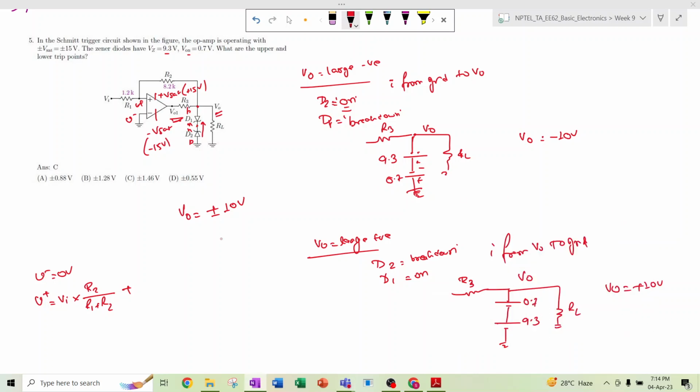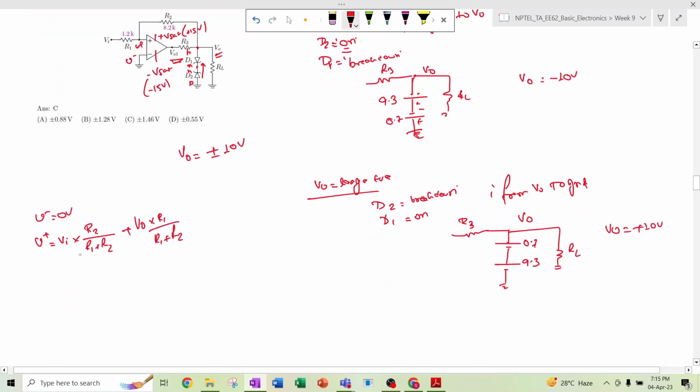So at first we are considering this VO to be ground and Vi only one input is there. Similarly, using the superposition, next we consider only VO applied and Vi grounded. Okay, so it will be VO into R1 divided by R1 plus R2, right? Okay, so now the condition is case 1,